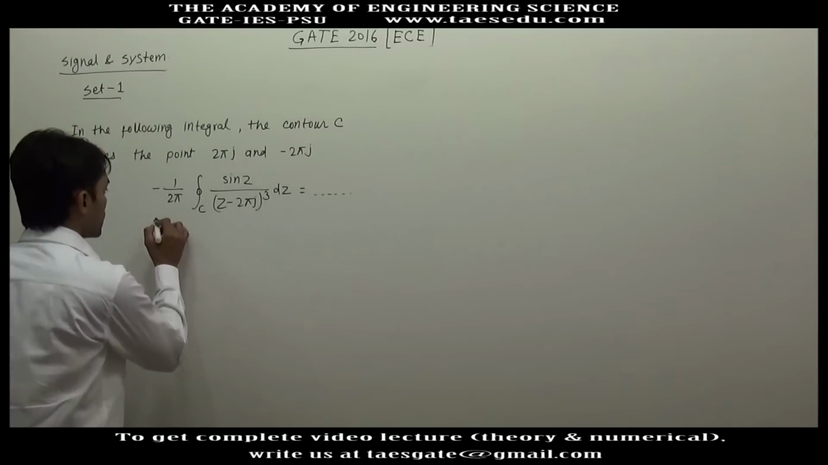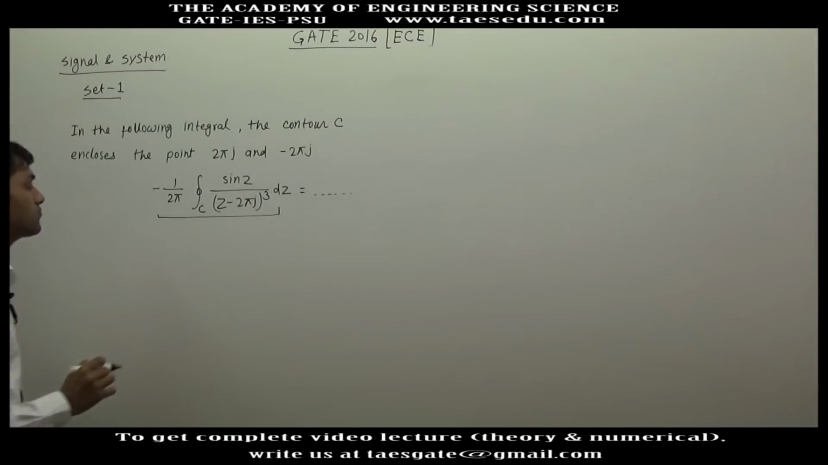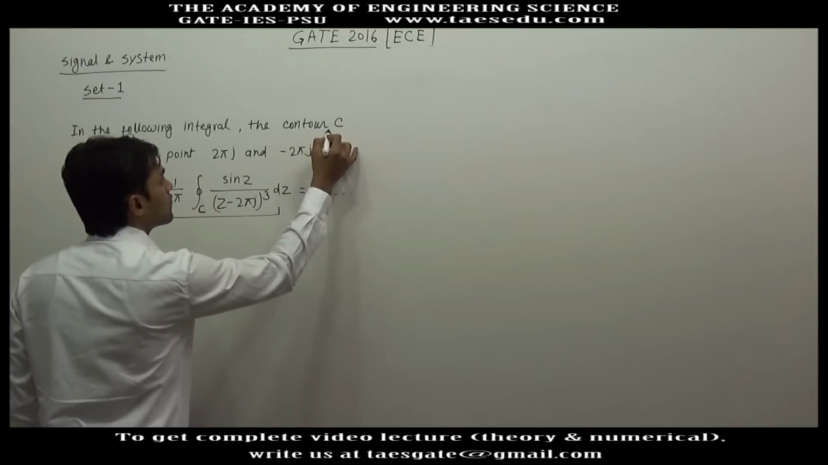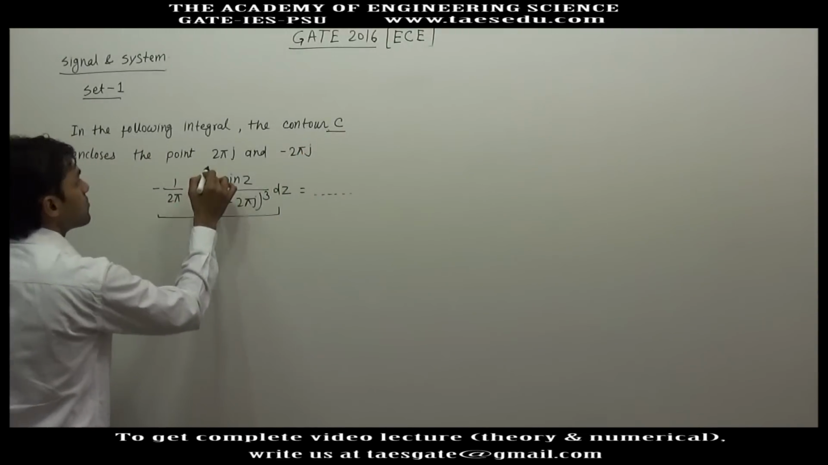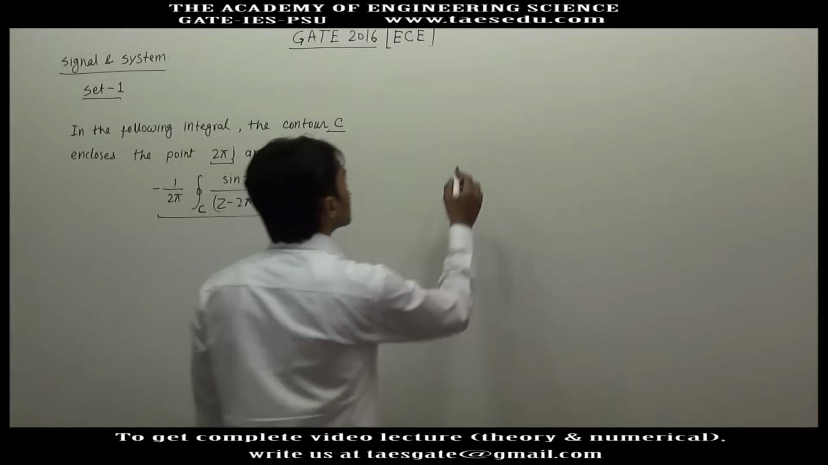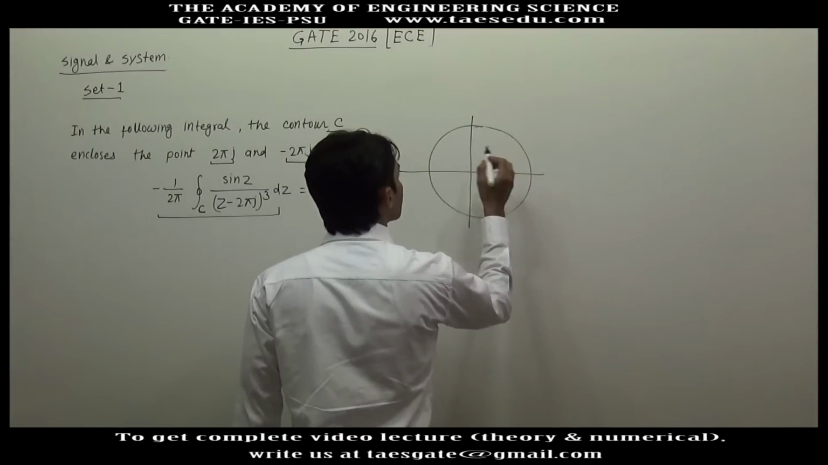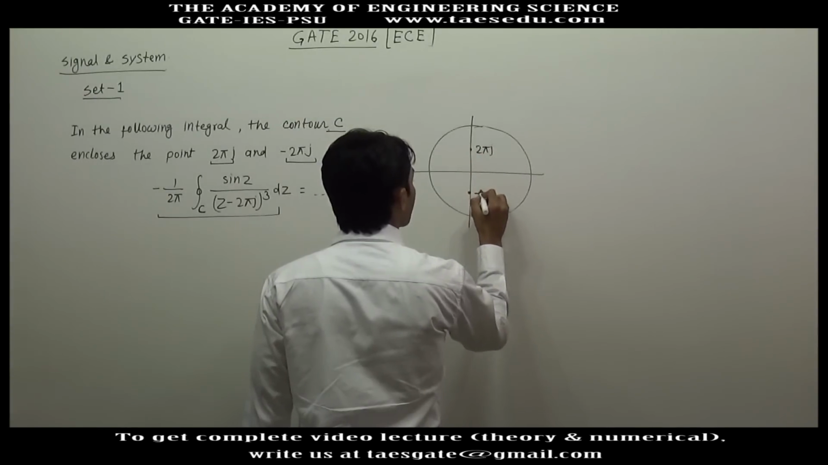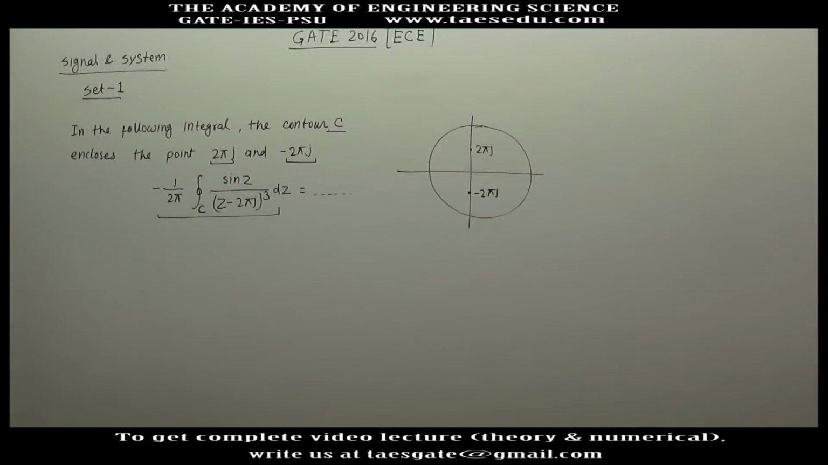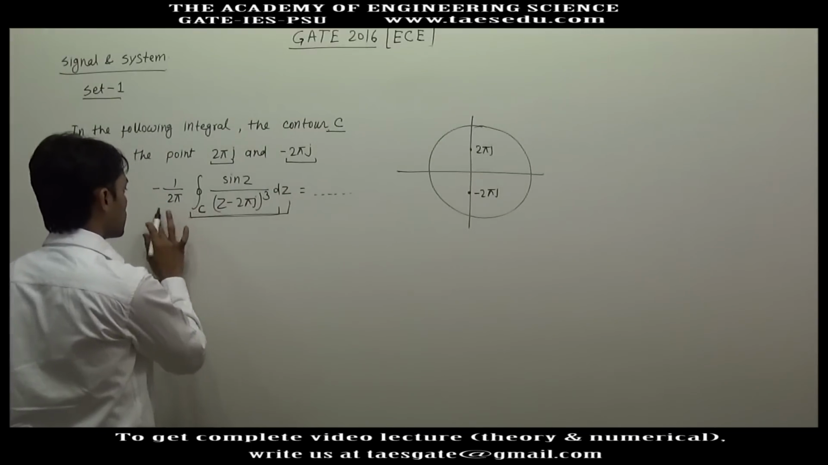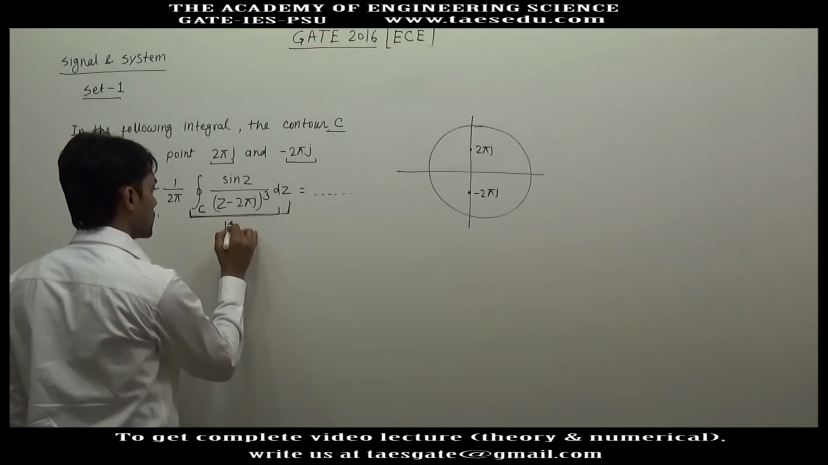In this question we have to find out this integral, and the path or the contour of this integral, this closed path, encloses the points 2 pi j and minus 2 pi j. The closed path encloses, let's say this is 2 pi j and this is minus 2 pi j. So the general formula to calculate this integral is equal to